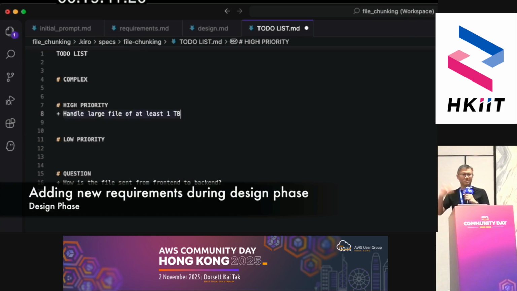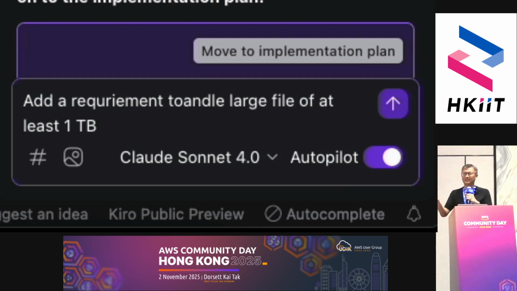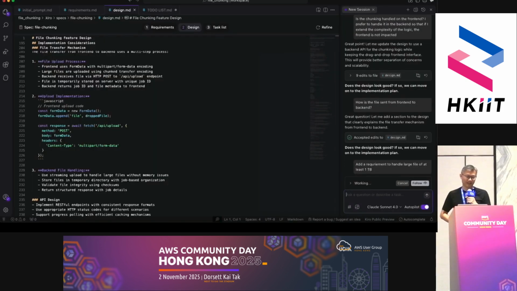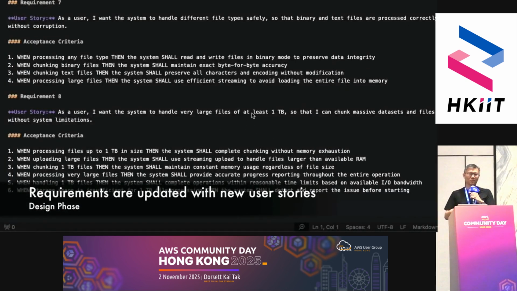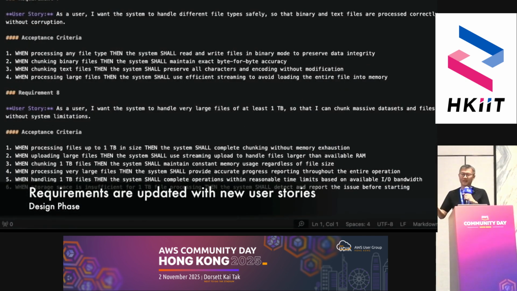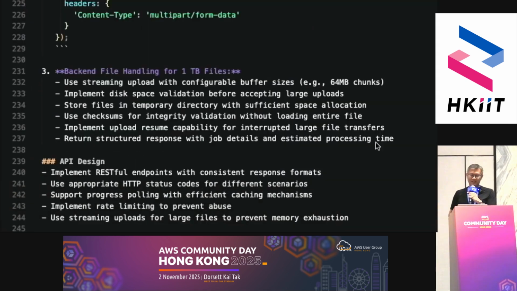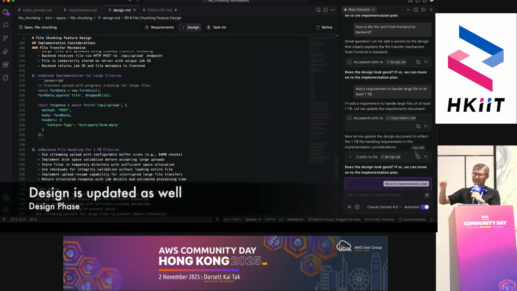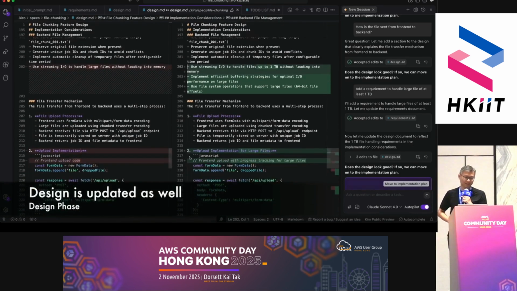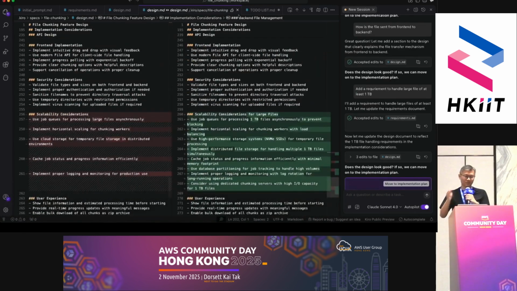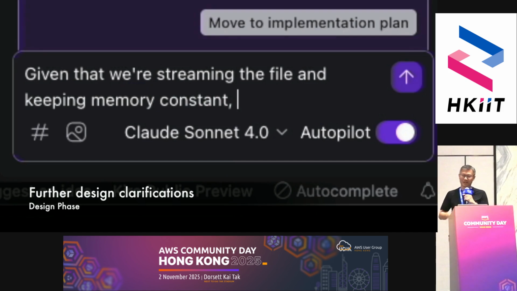And then the user has a new requirement in his head now. Oh, I want to support a file of 1 terabyte, right? Make sure your design can handle that. So now we add this in. And Kiro will treat this as a new requirement and go back to requirements. And now you see it's added a new requirement and also gone back to the design to update the design to make sure we handle 1 terabyte files. Right? So you can see we can iterate with new questions, we can add requirements, we can update the design